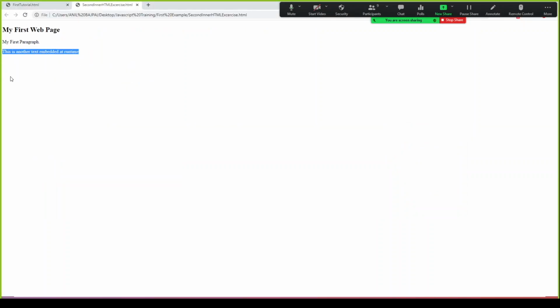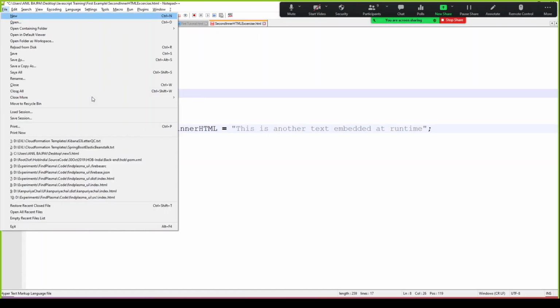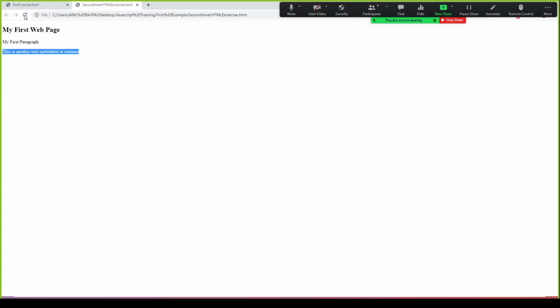so you will notice that as soon as I refreshed it, this has taken this element and it has replaced this inner HTML with something else. So what if I mention another text? Another text actually will not print when we load the page, because this is not event